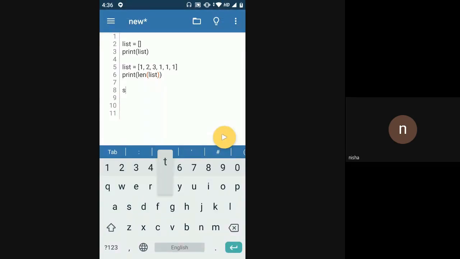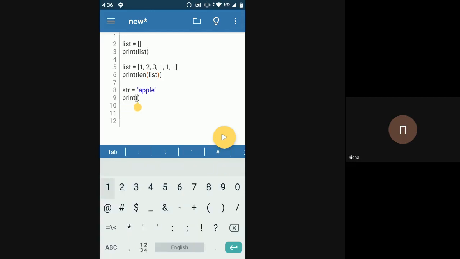Okay, see, if we have this string apple, yesterday we saw that when we want to access any character of the string, we use square brackets and put inside the index of the character we want.